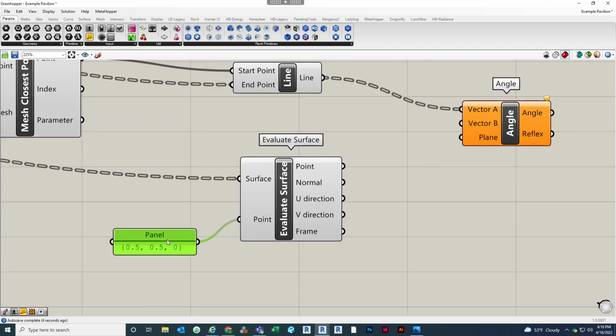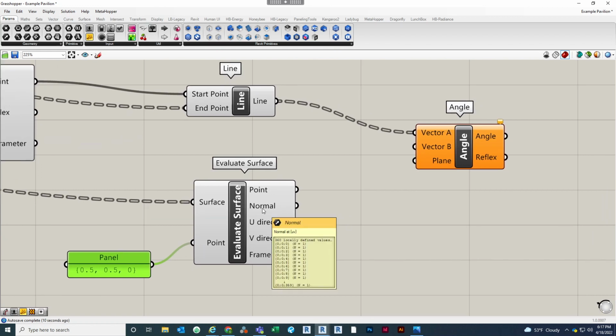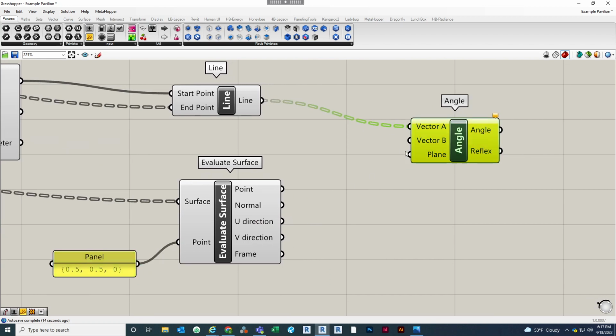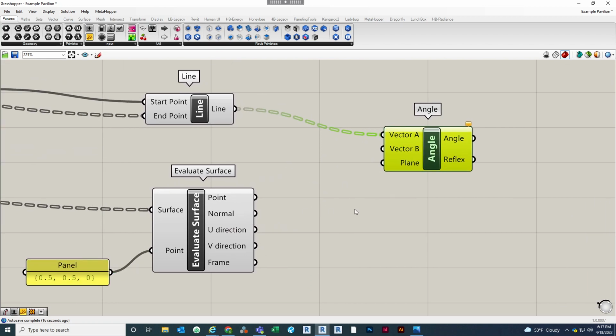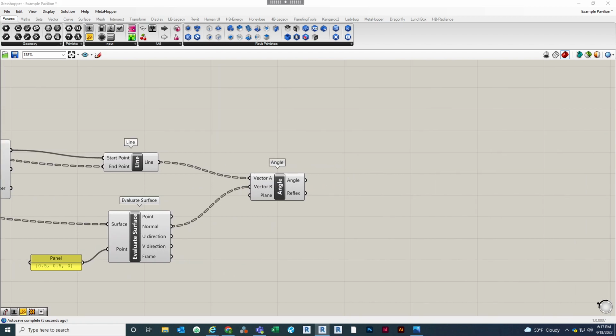And the reason why we have to do this evaluate surface instead of the area, getting the centroids, is because it gives us a normal out of all of those different panels. The center of all those panels is giving us a normal, which gives us the second vector that we can then measure from. Now we have 360 angles that we can then